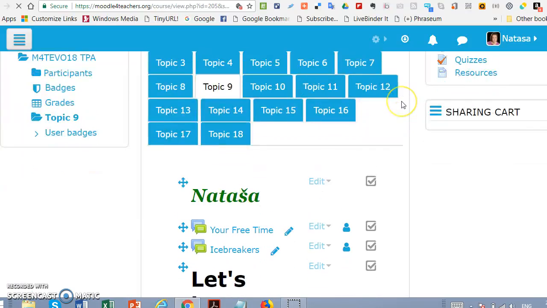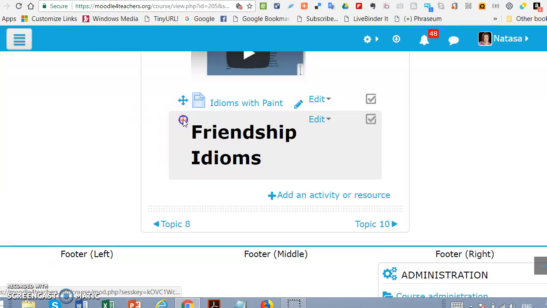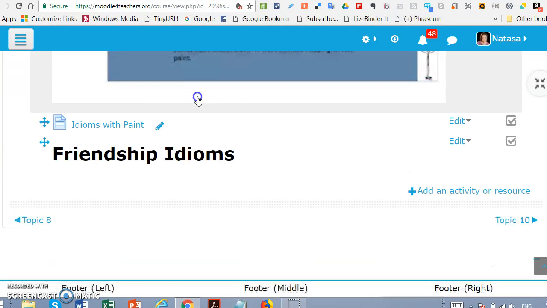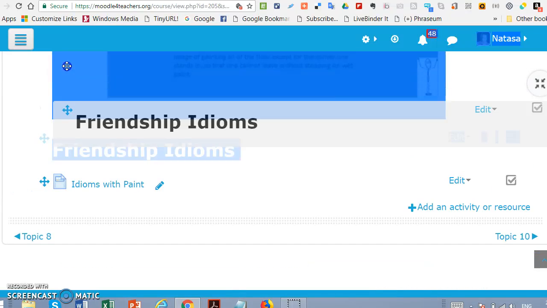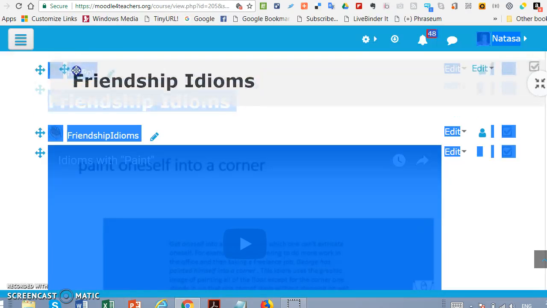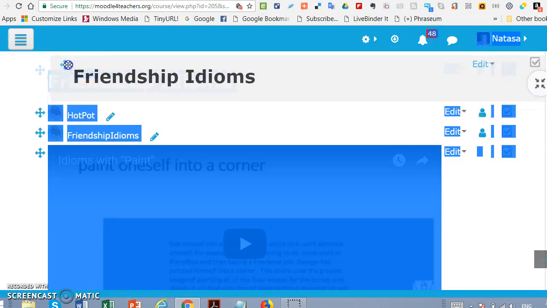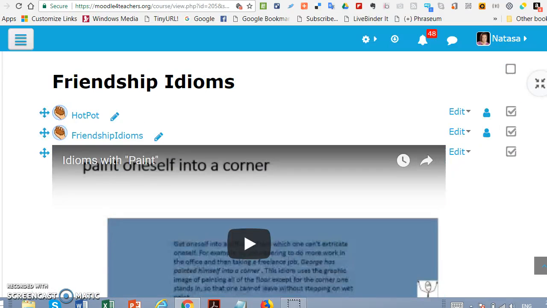And again, of course I don't want it here. I want it before my hot potatoes exercises, which are about friendship videos. As I said, I've done this in reverse order. So I did the activities first,